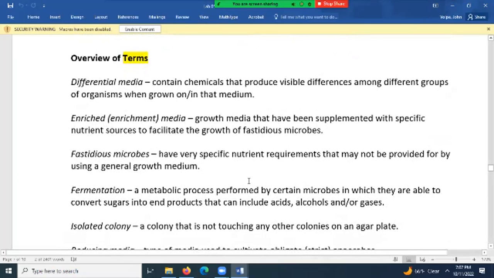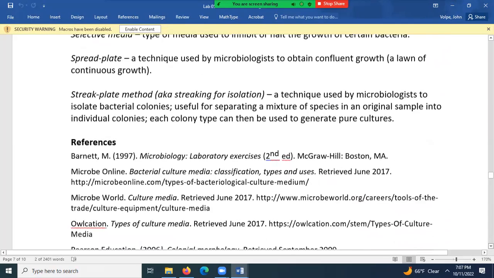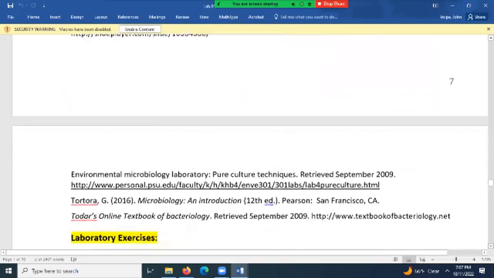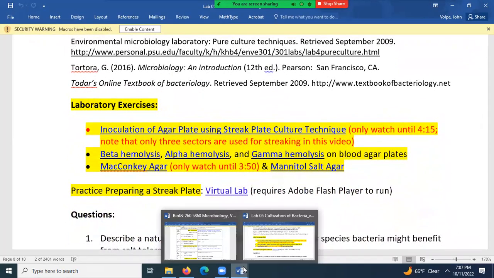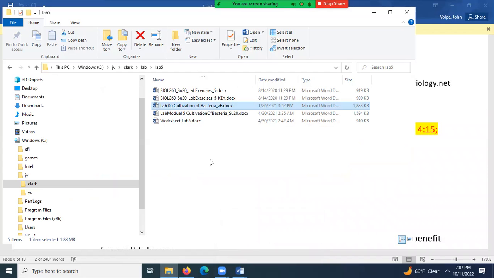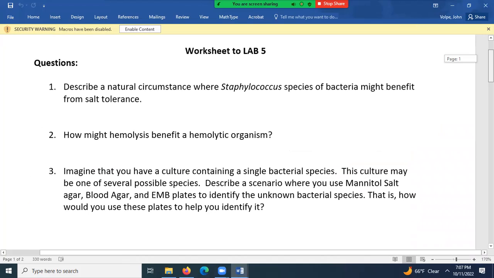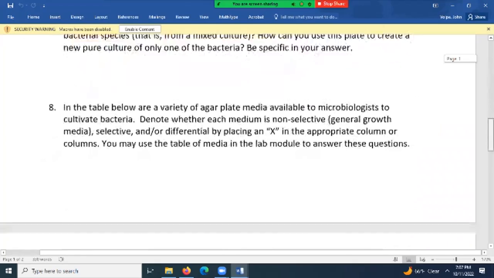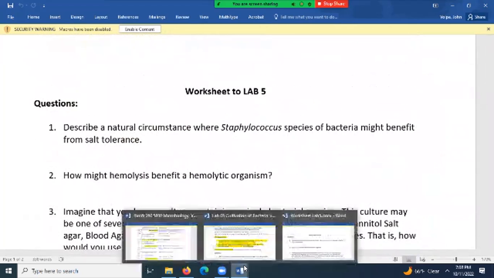All right, know the terms of this lab. And then you can skip the references. And then do the laboratory exercises. Let me go to the worksheet because it may be newer. Yep, it's about 4 months newer. All right, so answer the questions. There is no virtual lab for today. And that's unfortunate, but